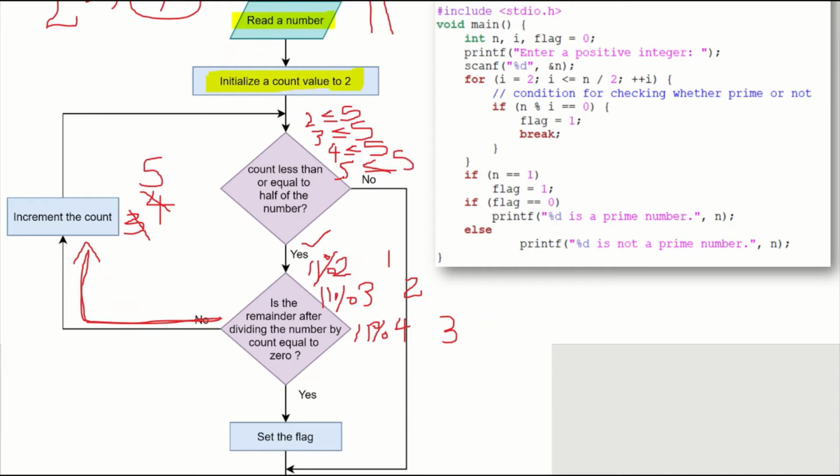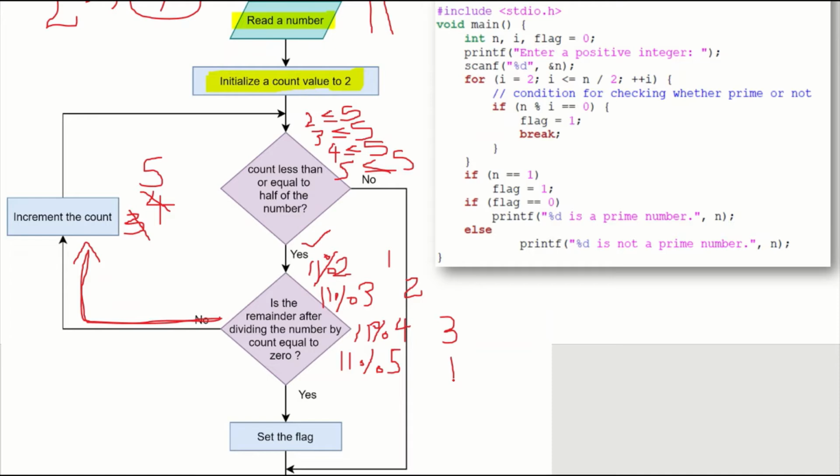So it is performing 11 % 5. The result of this operation, 11 by 5, is 2, but the remainder after division is 1.